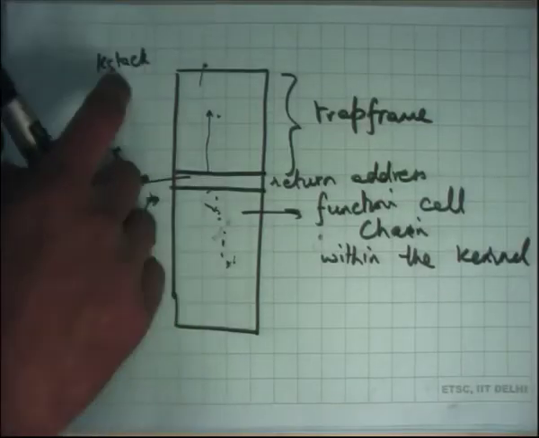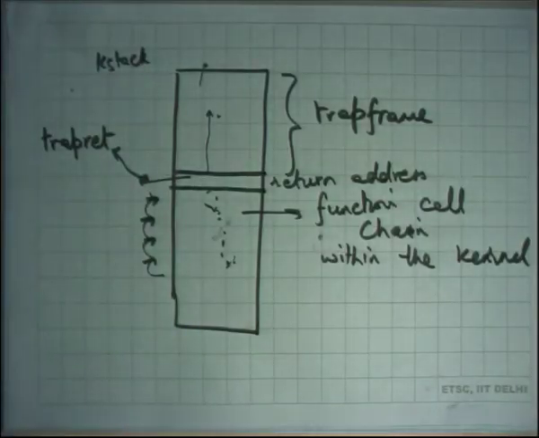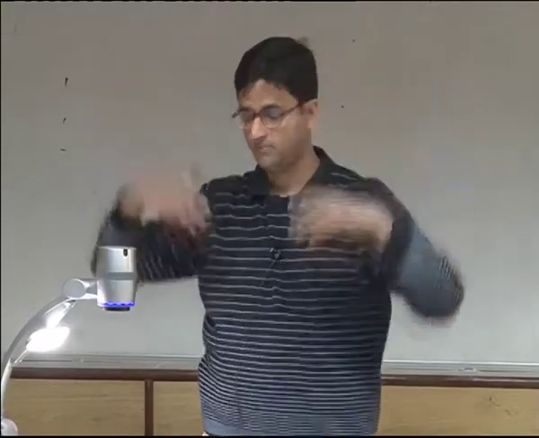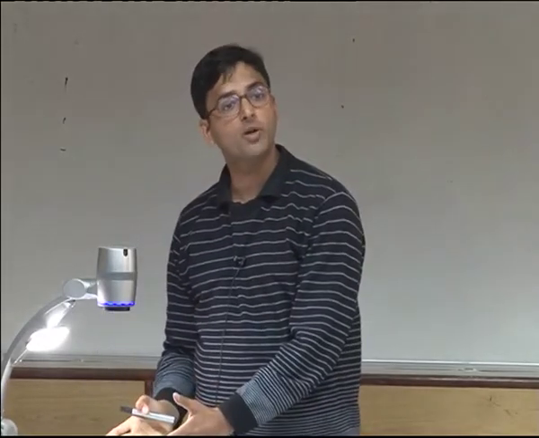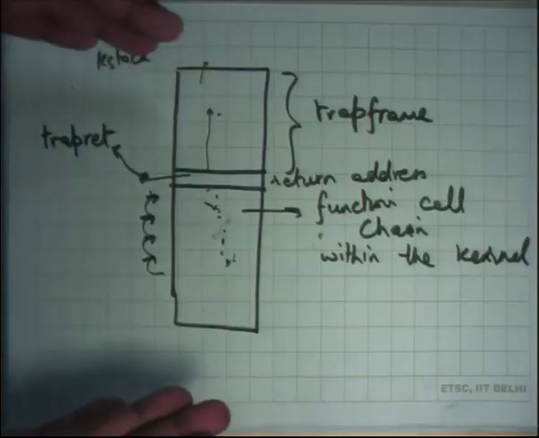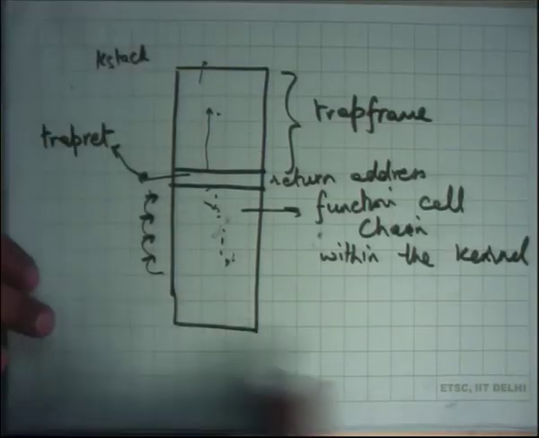Yes, question. Will trapret pop the entire trap frame and then call iret, because iret itself will pop the last? Okay, the question is, will trapret pop the entire trap frame and then call iret? No, trapret will pop only the registers that were saved by software, right, and the last 5 registers will be popped by iret. Okay, right. So the important thing is that the entire information about the kernel side execution of the process is encapsulated in the stack, kstack, right.